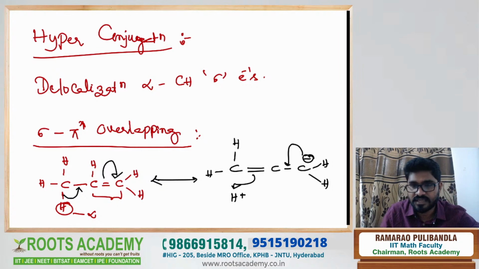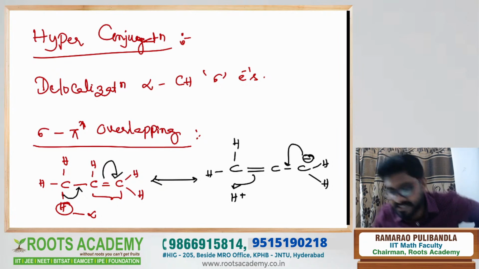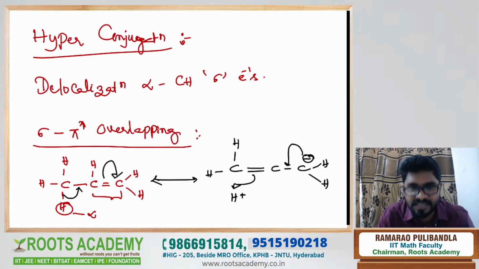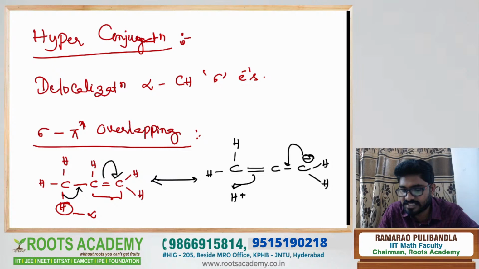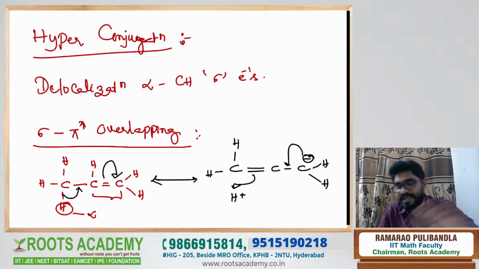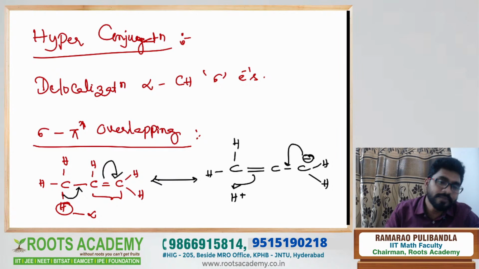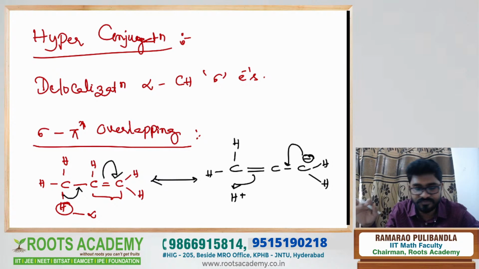Please try to understand, guys. It is a very, very important concept. Maybe it is a little bit tough to understand, but try to get that. And the electrons come back and take that hydrogen, so we get the original structure again. How many hydrogens are here? 3 hydrogens. So 3 are possible. So 3 hyperconjugated structures. Remember, the number of hyperconjugated structures is equal to